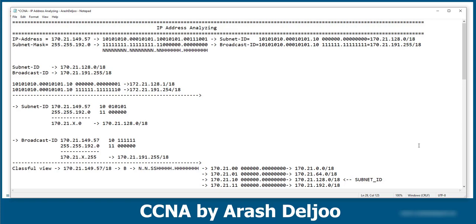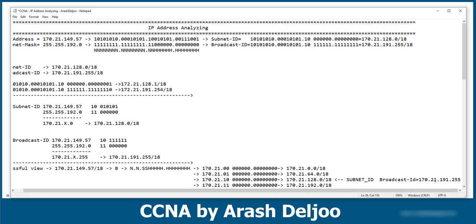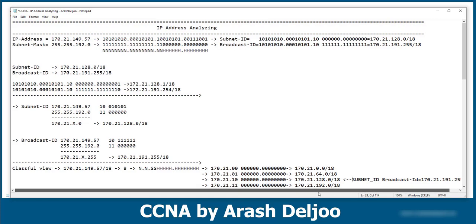next network. For example, we can say the broadcast ID is 170.21.191.255. Look at here, 255. Why? Because this value is one number less than the next network address. Exactly the same thing that I mentioned before. You can calculate the broadcast ID of one network by subtracting one number from the next network